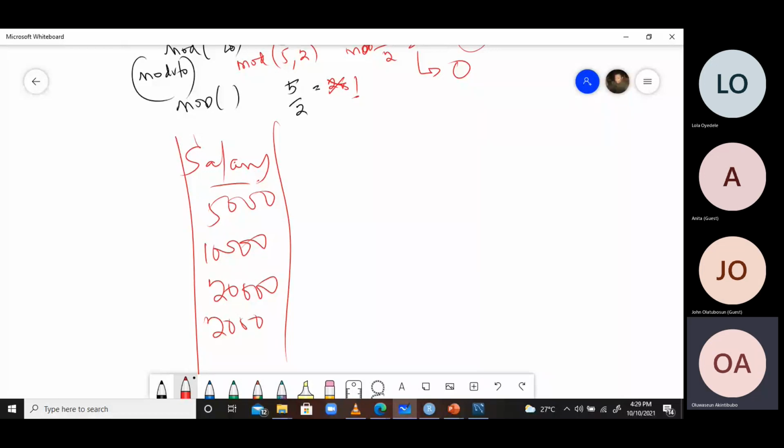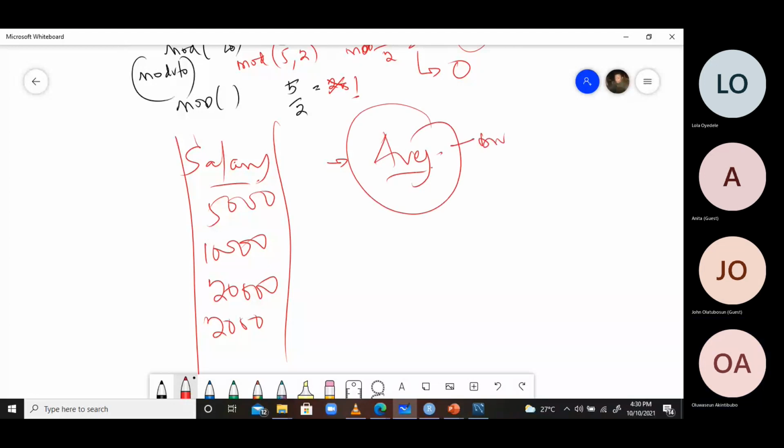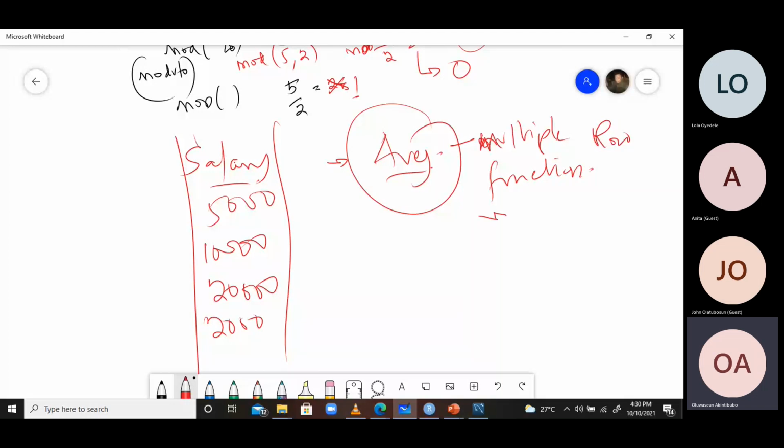And I say that I want to perform the average on the salary column. I want to know the average of the salary column. What happens? Because average is a multiple row function, which takes multiple rows or applies to multiple rows